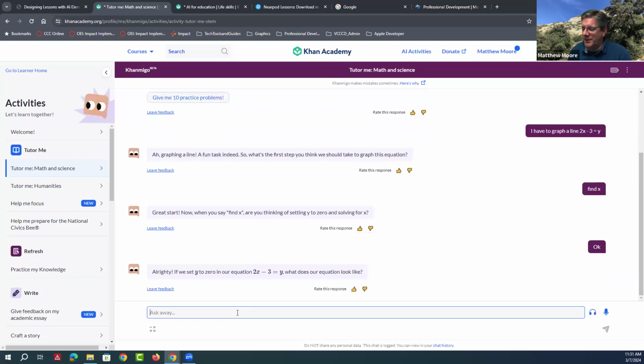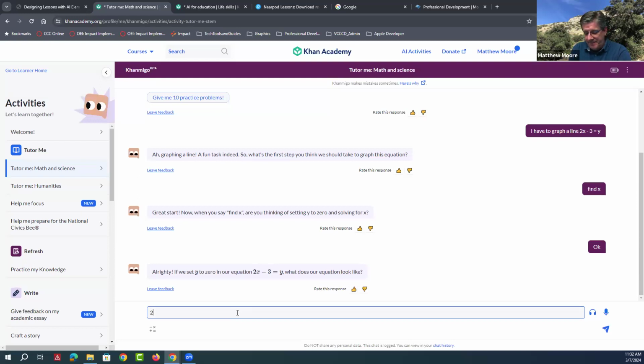Okay, so here we go, right? It gets to a point where it starts saying, all righty, if we set y to 0 in our equation, 2x minus 3 equals y, what does your equation look like? Okay, so if we set y to 0, it would be